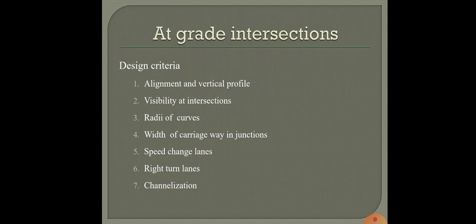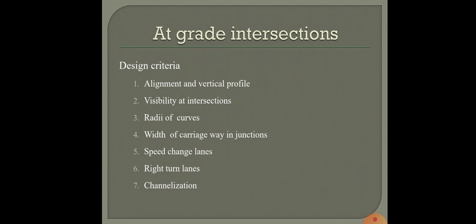Generally, intersection problems are unavoidable, but in some cases, as in the case of an expressway or a freeway system, such problems are usually solved by providing a grade-separated intersection and also by controlled access. The efficiency, safety, speed, cost of operation and capacity of the road system depend upon the planning and design of the intersections. So we'll be discussing the various design criteria for at-grade intersections and grade-separated intersections.